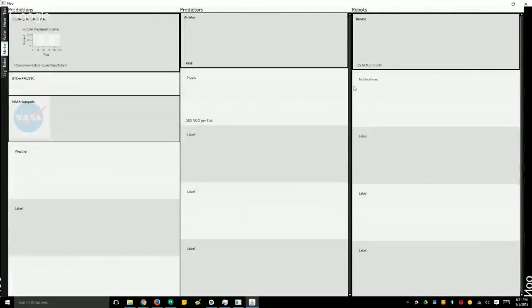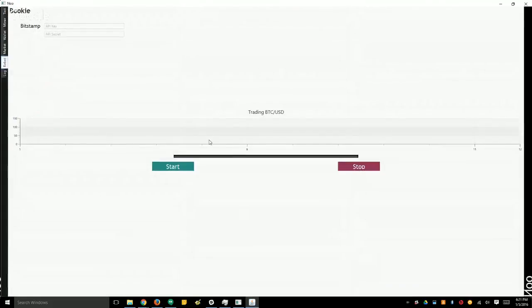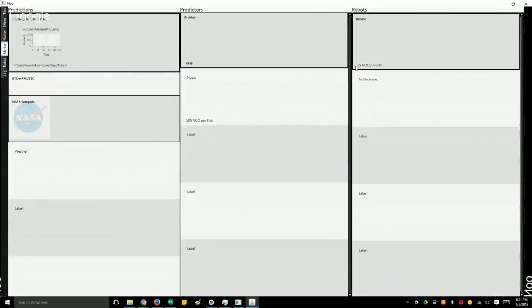Right. And then the robots is really just the automation stuff. So you can buy the bookie, which is basically the one that automatically trades. You put in your key, and it will automatically trade for you, but that might cost you a little bit, in some way. That could be like $25 a month to run this thing to automatically use the output of the system and automatically trade for you, for instance.